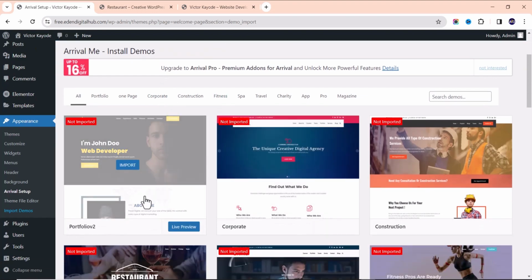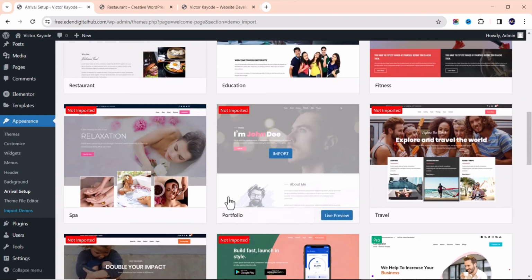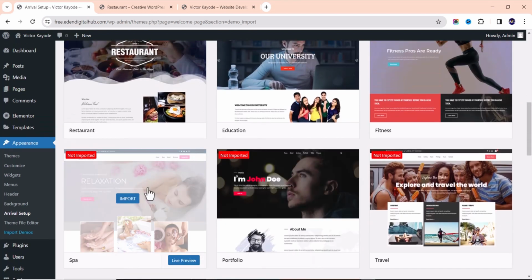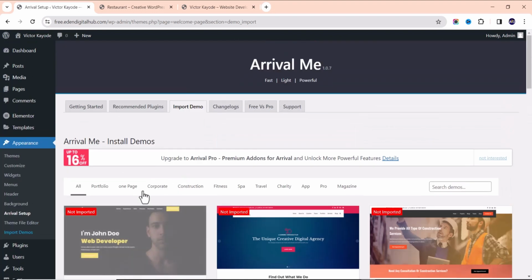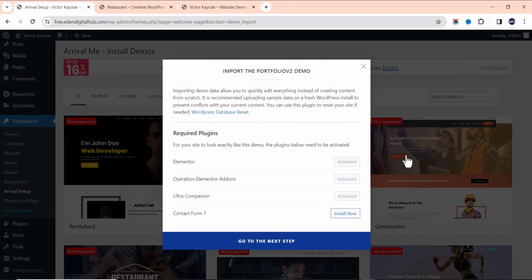This is a portfolio website. There should be another one. This is also a portfolio website. So you can click any of this. Let me just click this. Click this. So click on imports and just wait for some few seconds, and then you'll be asked to install